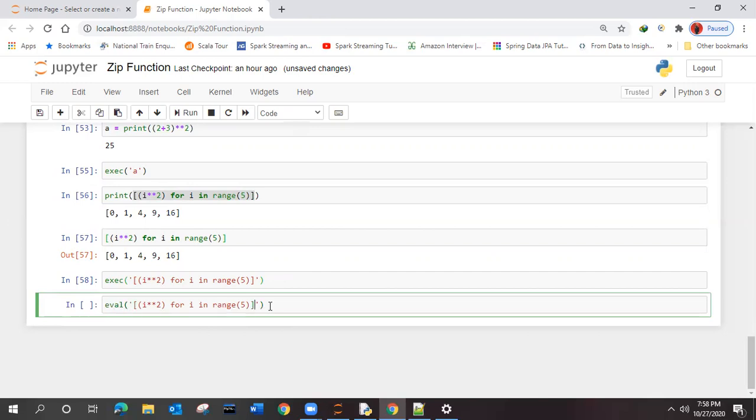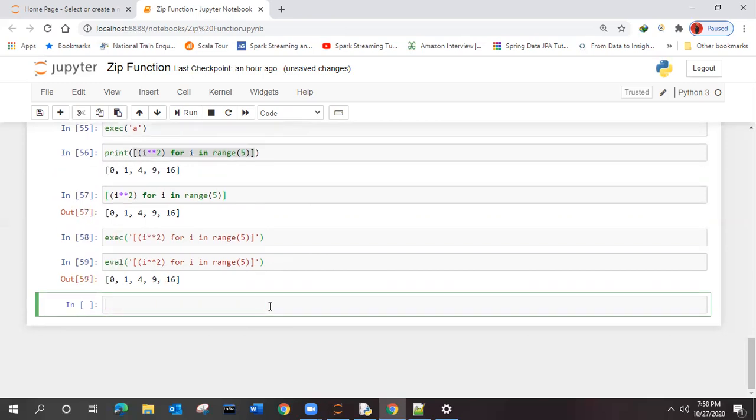Now the same thing shows the output. The same expression, the expressions we were using in the eval function and the exec function, the expression is the same, but one is returning a value, another one is not returning a value.